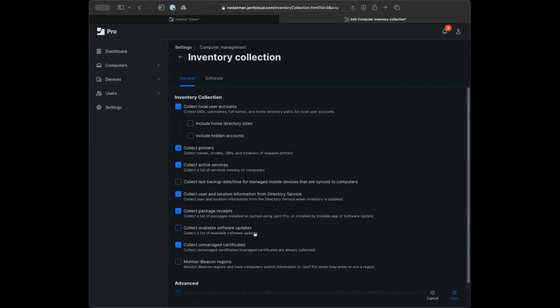Some of these, like collecting available software updates, while useful, does take a fair amount of time. And for those, I saw the conversation in the chat, those are using Super. You can already get that information when Super runs on its cycle. You can pull it from one of the Super Friends extension attributes. But the one that I encountered more recently was including home directory sizes, which is just outright painful